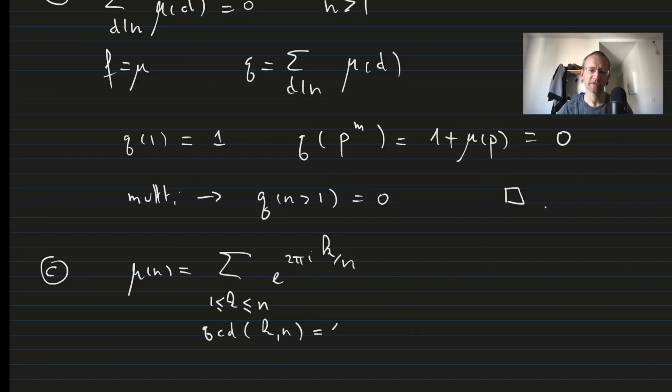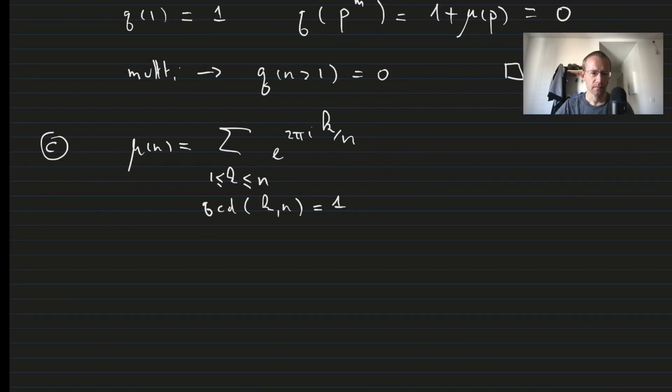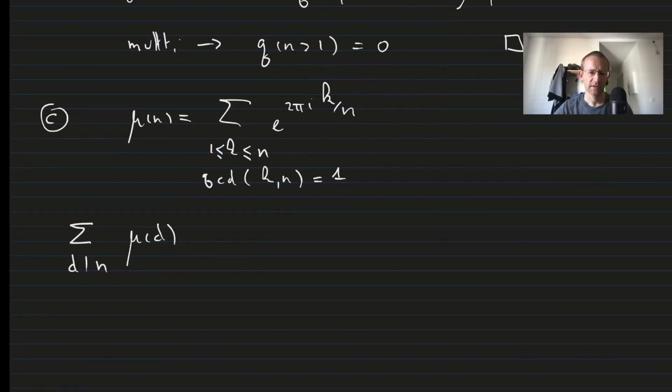So this is a primitive nth root of unity. It's not too difficult to understand that if we sum over the divisors d of n of mu of d, this is nothing but the full sum over nth roots of unity,